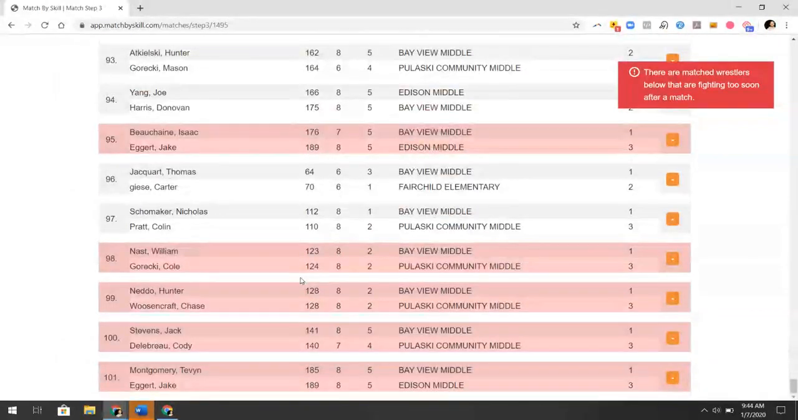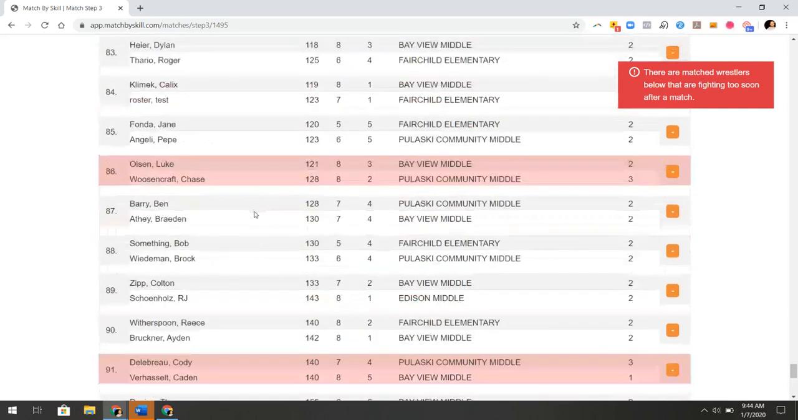The system scheduled 101 matches with 4 mats. That's what we have. We plan on 15 an hour, so we can get 60 an hour. So this is going to be an hour and a half, hour and 45-minute event right now, somewhere in that range. Now what I have to do is these red ones, they don't have enough